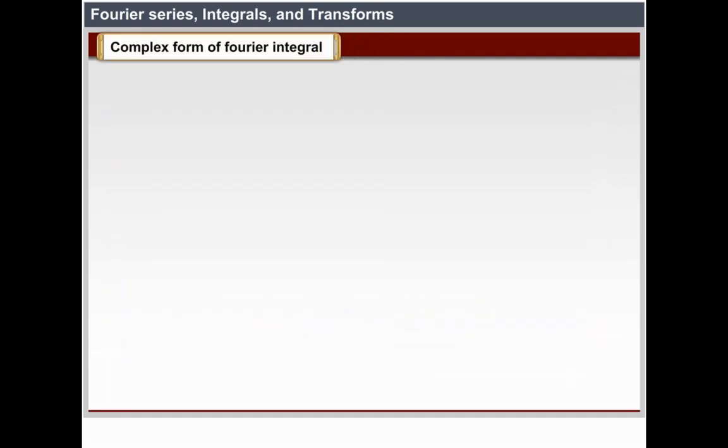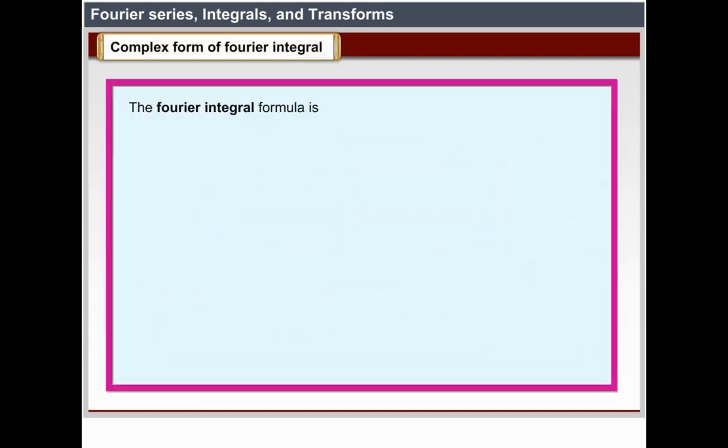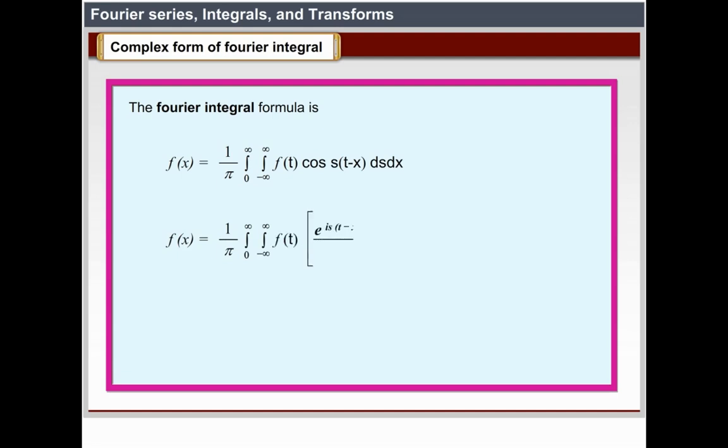Complex form of Fourier integral. The Fourier integral formula is f(x) = 1/π ∫ from 0 to ∞ ∫ from −∞ to +∞ f(t) cos s(t − x) ds dt. So f(x) = 1/π ∫ from 0 to ∞ ∫ from −∞ to +∞ f(t) [e^(is(t−x)) + e^(−is(t−x))]/2 ds dt